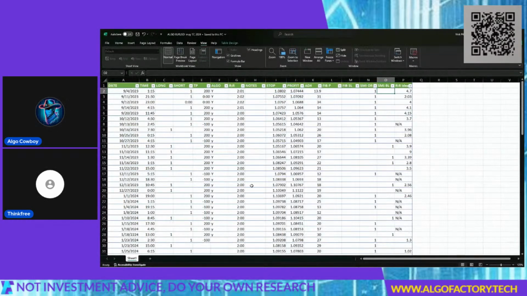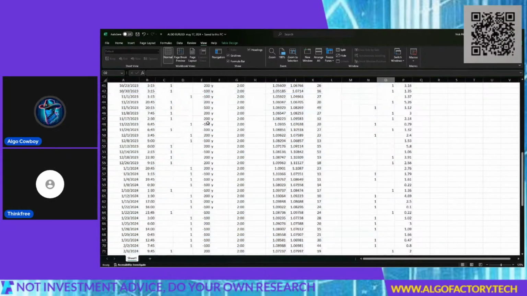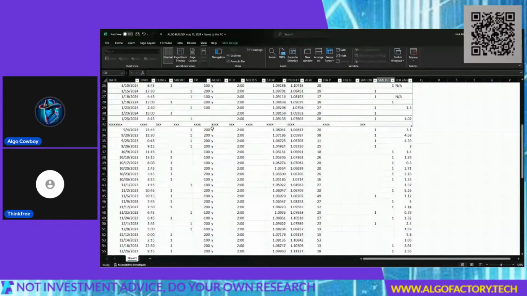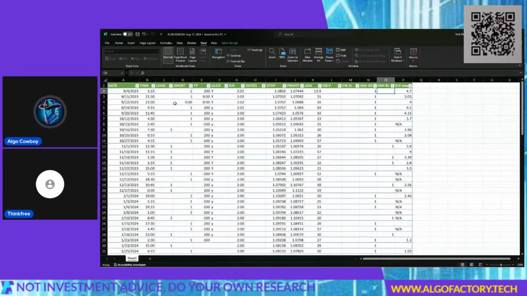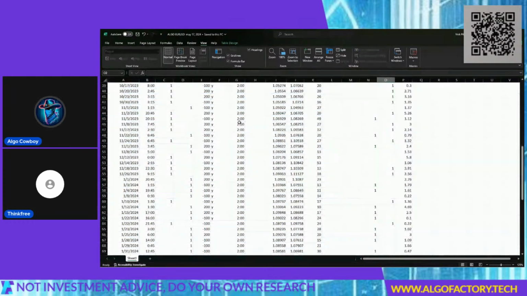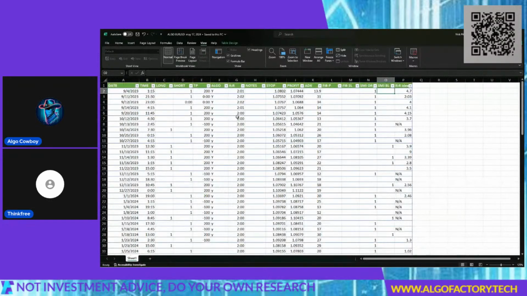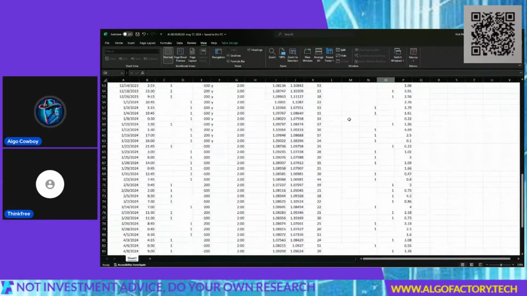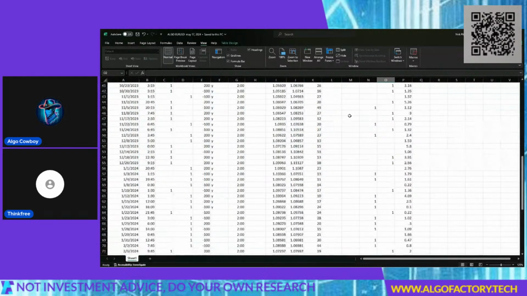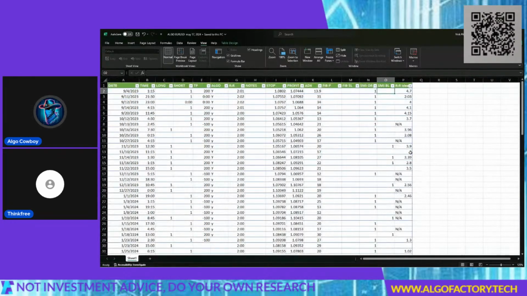This is just backtesting data, and we don't have to go into the details, Think Free. So don't worry about explaining all of this, but it is not that complex as spreadsheets go. We have a date, we have a time, long or short. I can tell you have some Excel experience on here. We have risk to reward, which you're setting at 2, just for your purposes of calculation in this case. And that's one of the things we were talking about right before the show, whether or not we can refine the best risk to reward to assign